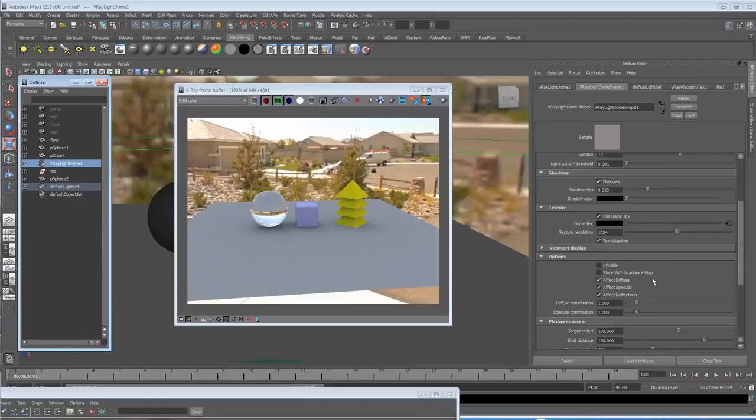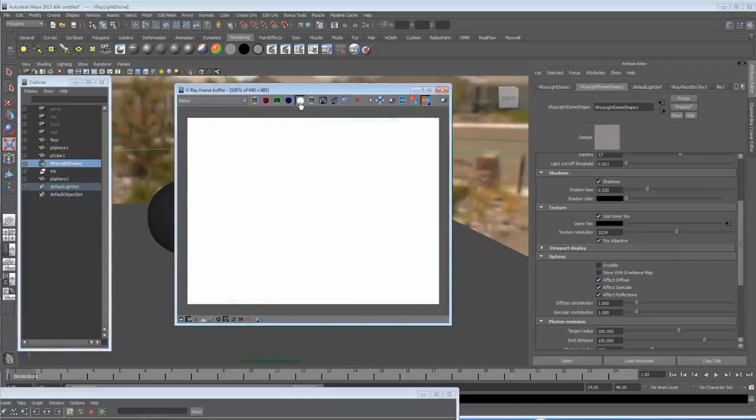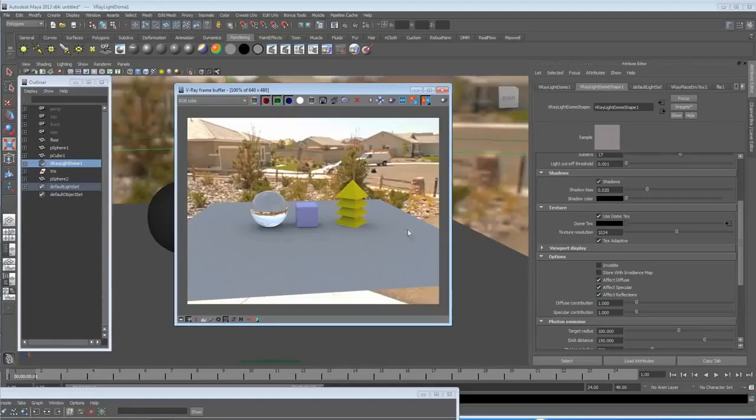Okay, before we go any further into render layers, I just want to show you something which is a little workaround that I do. So currently we've just rendered this image very quickly, and we have got invisible switched off. That means that we're getting all of the light from the dome light hitting the surfaces, bouncing around, and we're also getting the colour information showing up as reflections inside reflective objects, which is great. But what we haven't got is an alpha channel, because we are showing the background of the texture on the dome light. So if we switch that off,